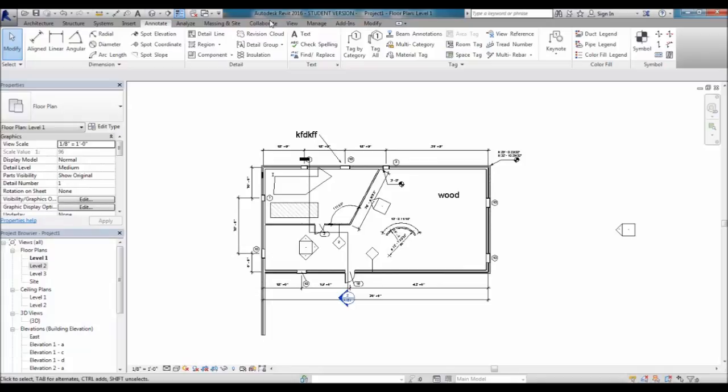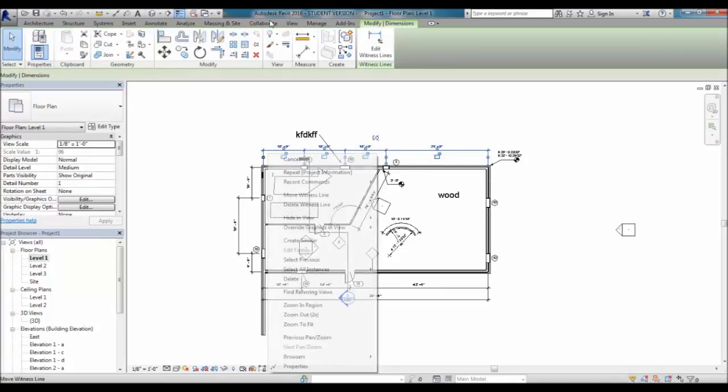That being because, if you think about your level 1 floor plans here, the view settings for your dimensioning plans are going to be vastly different from any of your diagrammatic plans that you're going to want to look at. Like if you're highlighting different areas, this is living space, this is storage space and so on, and doing some program managing with it, the view settings that you're going to want for them are going to be vastly different. So what I always recommend is that you always keep your default views here, so level 1, level 2, or whatever, and as you start to create a view that is going to go on a sheet, for instance,